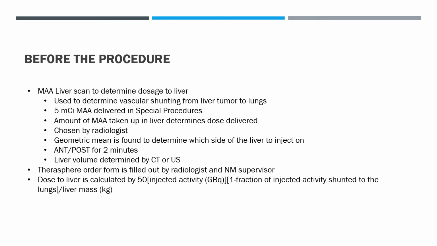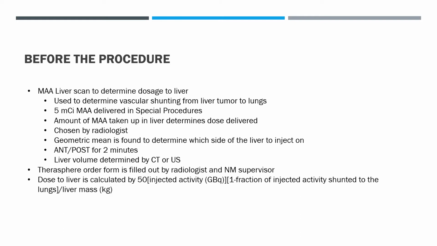So before the procedure, what's interesting about this scan is that there's a lot of prep that goes into it. When we think of prep, we think of the thyroid ablations. There's a lot of explaining that needs to be done there, and here it reminds me of that because there's a lot that needs to be taken into consideration before we do this scan. Basically, there's a tumor on the liver, and it can either be on the anterior lobe or the posterior lobe. And with these microspheres, what they do is they kill the tumor, but they also,